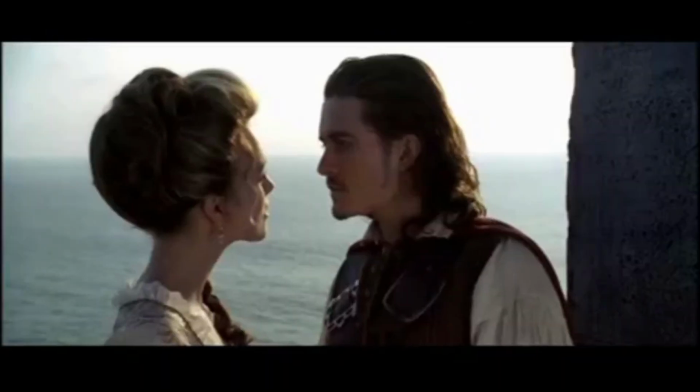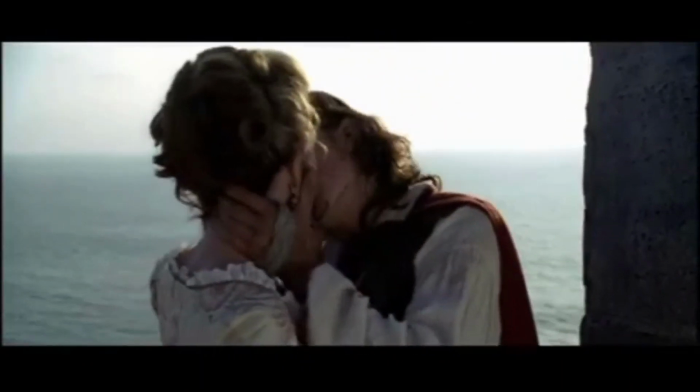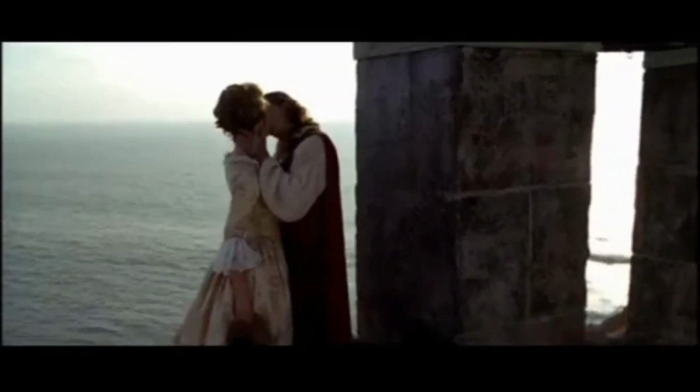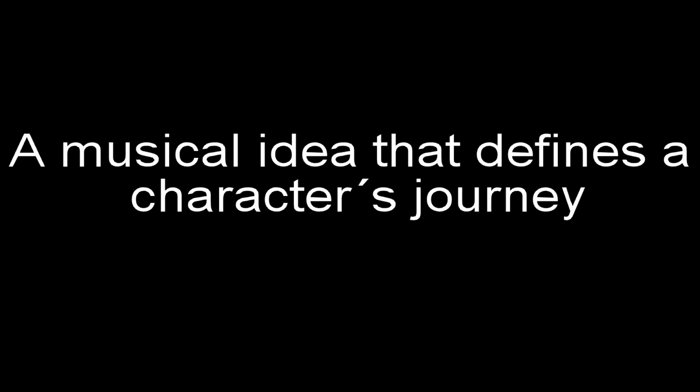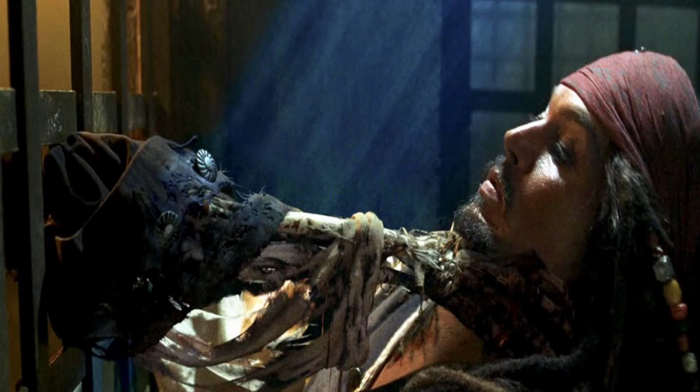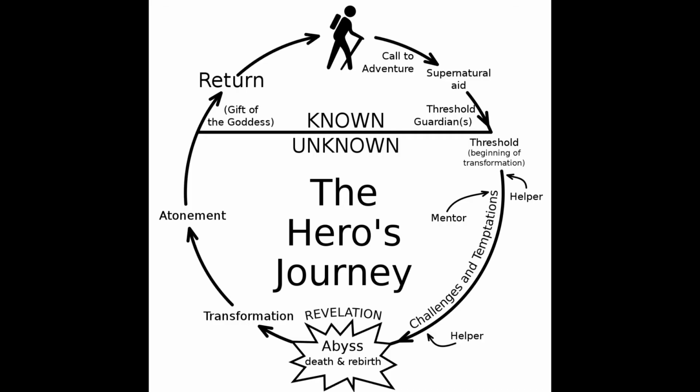Now there's also a leitmotif for Elizabeth and Will, and this one is interesting because this song is a variation of the film's main theme, which is something I'll get into more details next. The second musical representation is a journey motif, which is a musical idea that defines Jack's journey, and this score is called Captain Jack Sparrow, which appears with different variations throughout the film, and it musically interprets Jack's hero's journey